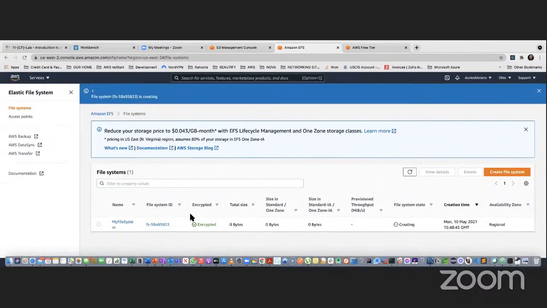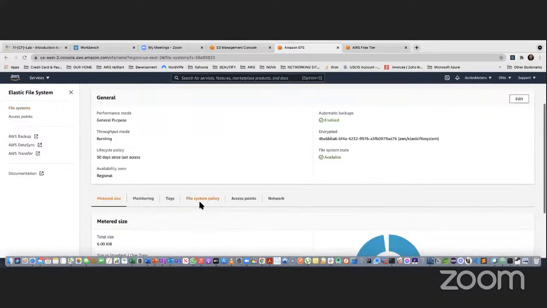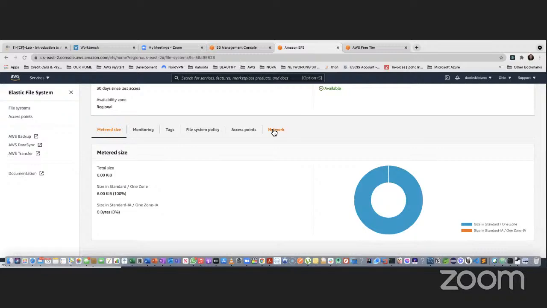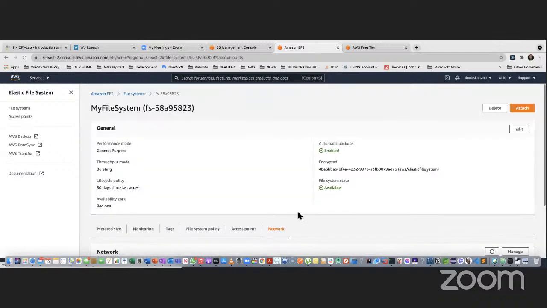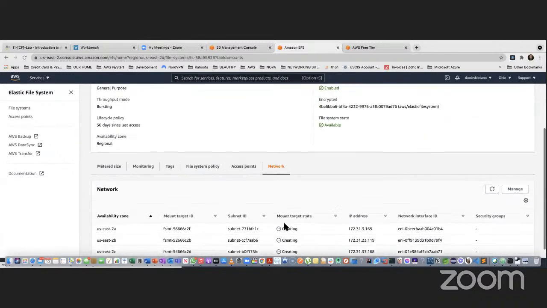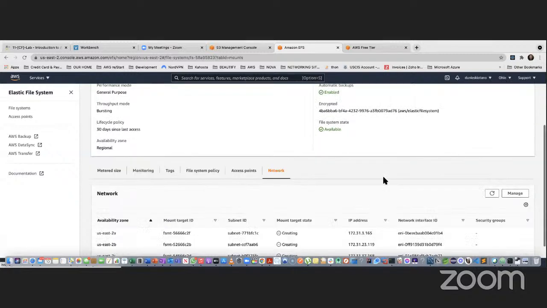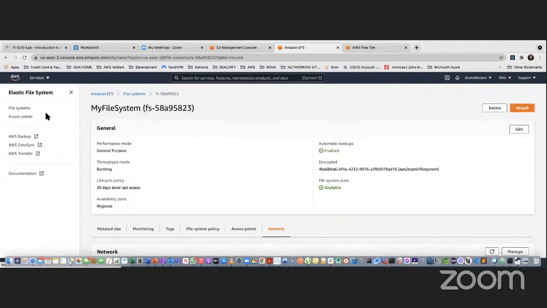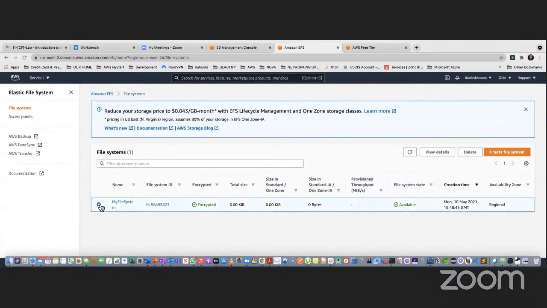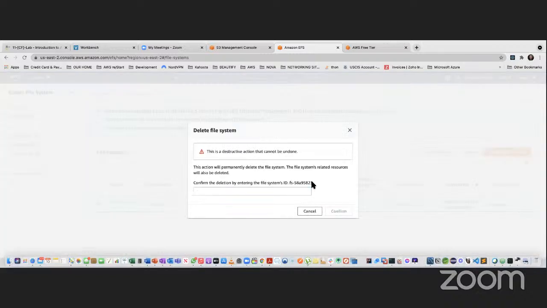And now the file system is being created. It's in the created state, right? It's been created. Now, if you want to see more about it, you can click on the file system, and then in the network tab, you see that the mount targets are being created. And remember, I have, oh, no. I'm in Ohio, right? No. I don't like this. I want to go back to Northern Virginia. Okay, Northern Virginia. You see, it will create one per availability zone, but right now I'm in Ohio. So I want to go back to